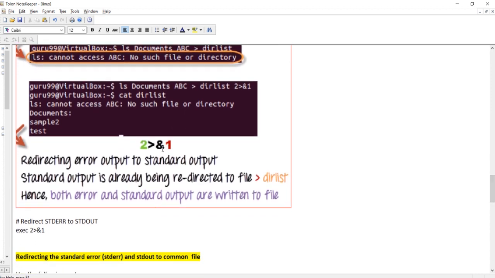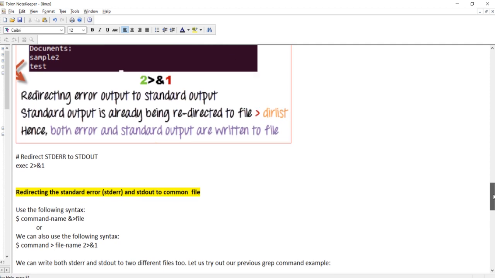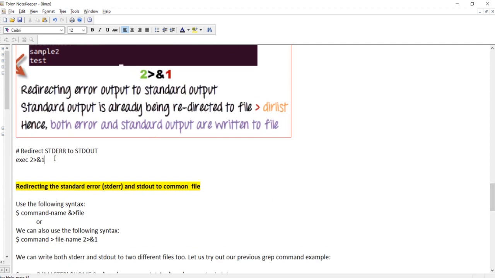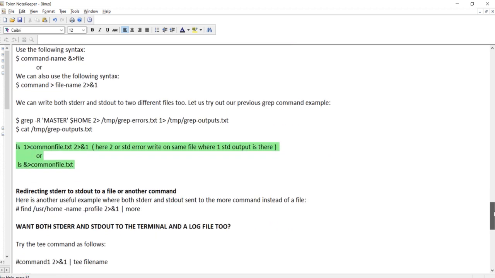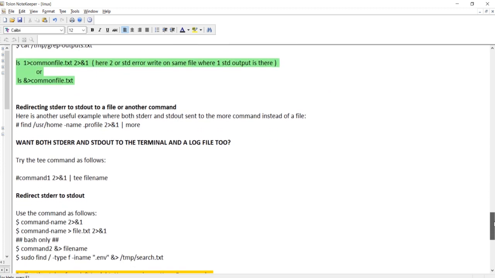Okay, so this is a very important logic. You will see this mostly in your production environment, adding the ampersand 1. This is the way your standard error will go to the same file where standard output was going. So these were the basic syntax.